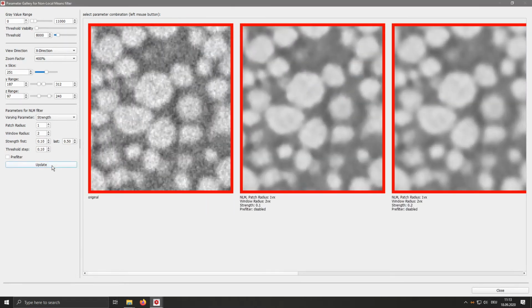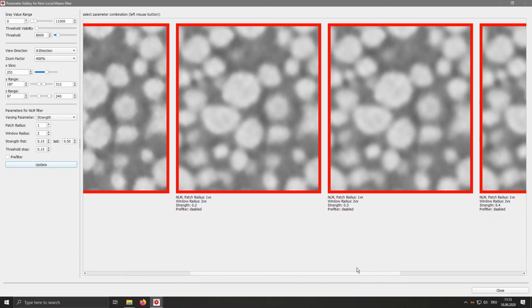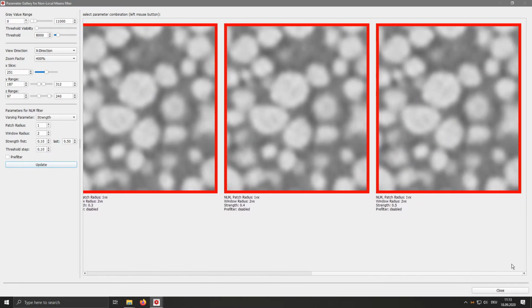Again, calculate the image. And then we can see for the strength of 0.1, the image is still not really nice. There's some noise still visible. And for the higher strength, it gets less noisy.